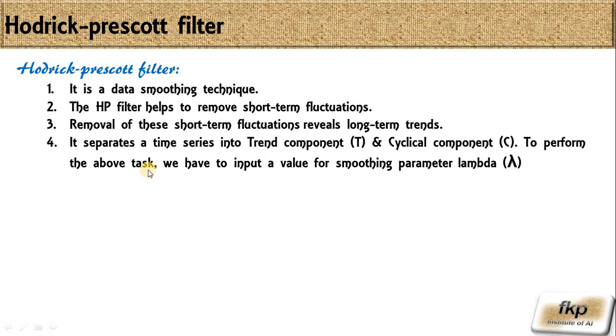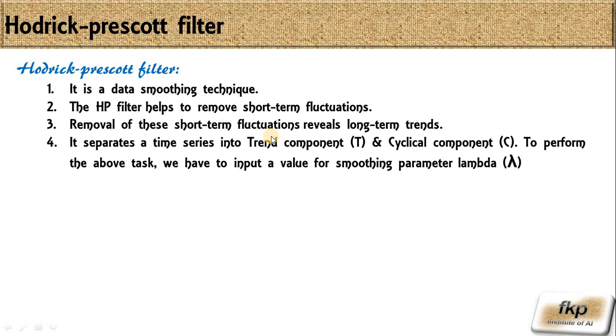Okay, so the HP filter separates a time series into trend component and cyclic component. So where is then seasonality? Where is then residual? All are falling into this bucket, the cyclic component. The term used in the HP filter is cyclic component for seasonality, for cyclic things, and for residual component. Trend is separate. So basically the HP filter is used to extract the trend from the time series.